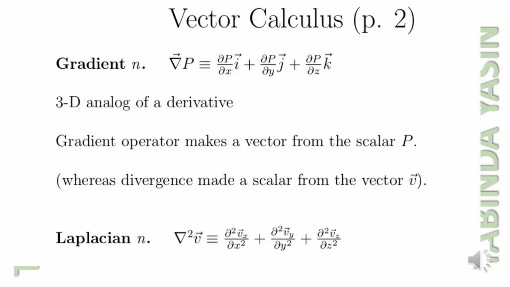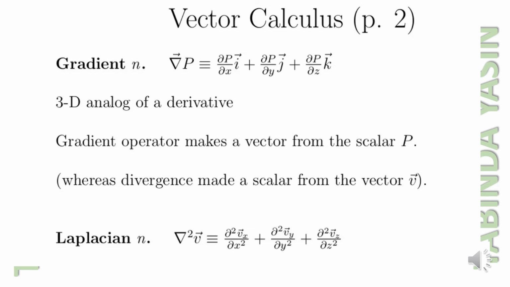Now for the vector calculus, we have the gradient, del operator p, equivalent to partial p over partial x, where p is a scalar quantity, i cap plus partial p over partial y j cap plus partial p over partial z k cap. It is the 3D analog of a derivative. The gradient operator makes a vector from the scalar p, whereas divergence makes a scalar from the vector v. Gradient is made when the operator is applied on a scalar, whereas the divergence is a scalar got from the vector,